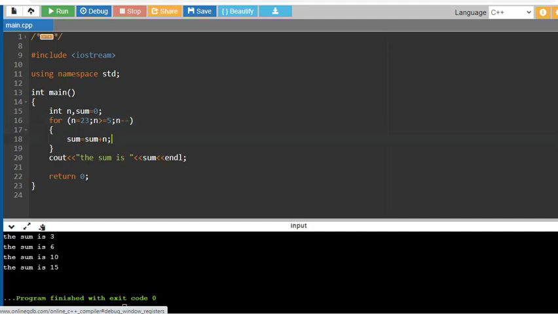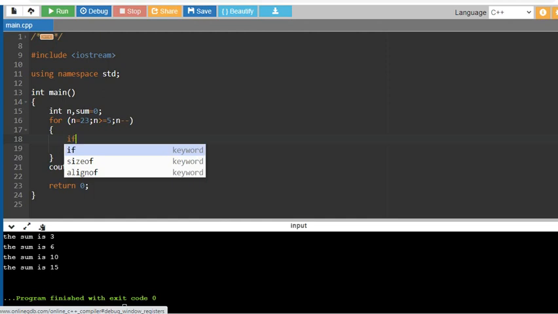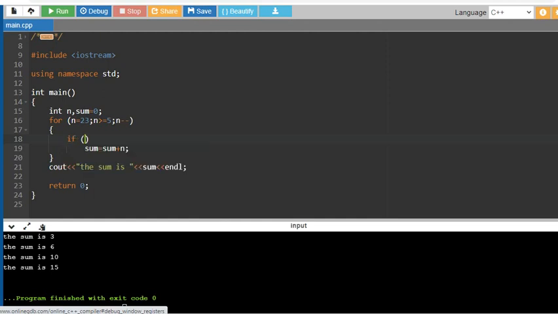Thereafter the sum we did here and the sum we printed here. But in this case, who should not be included, students? The 11 should not be included. But if we don't put any condition inside the for loop, it will sum 11 as well. So we have to make a conditional structure here, as we did in the previous videos: n not equal to 11.